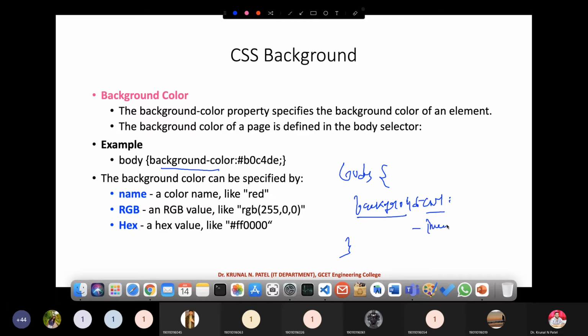If I want to put an image, I just change this. And if I want to set something related to origin, I change it to origin, right? So after the dash, you provide the specific property. Up to background dash, it is common for everyone. After that, you put the colon and you provide the value.